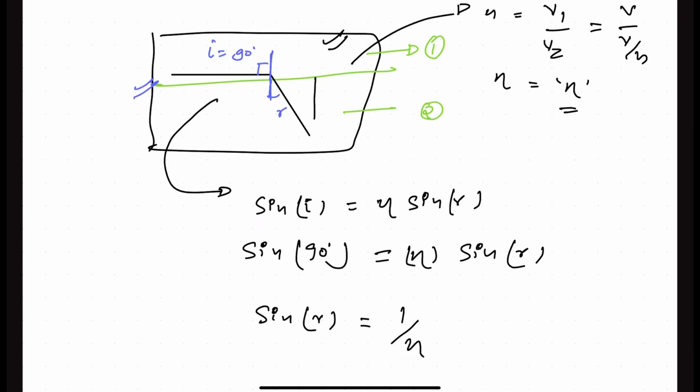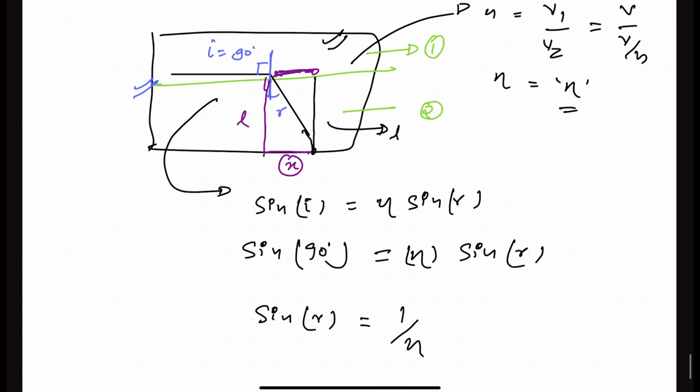Now look here, this is our point B at a distance L, and we need to find the point where this car should take a turn. It means we need to find this length. Okay, if this length is L, then this length is also L, and this is x. So basically we need to find x. This is a right angle triangle.